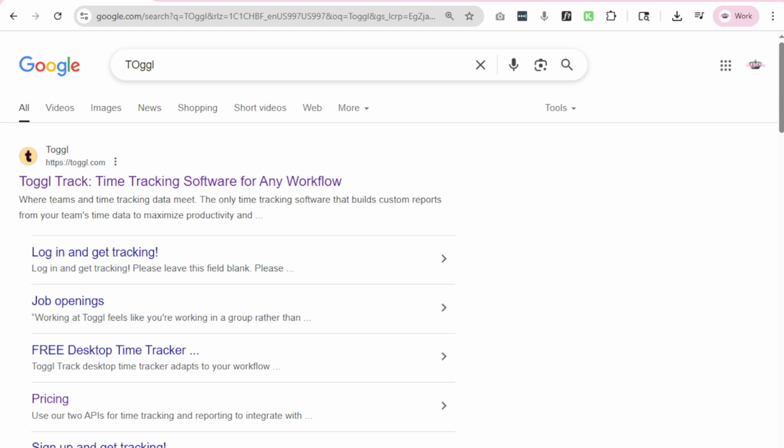Okay, so let's talk about Toggl. Toggl is a time tracking software. You can use it on your PC, you can use it on your phone and download the app if you want. I've been really happy with just the free version, and I'm going to show you all the different functionality